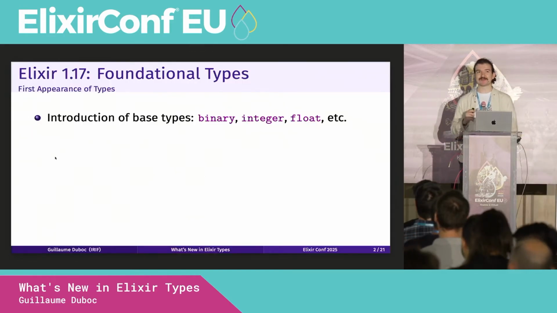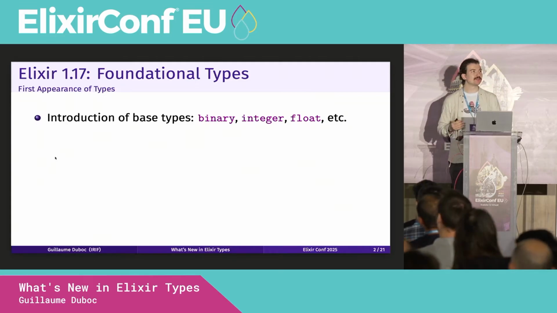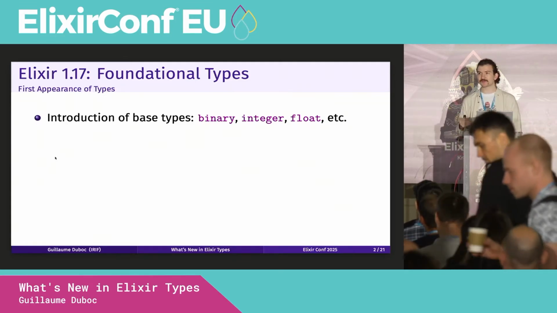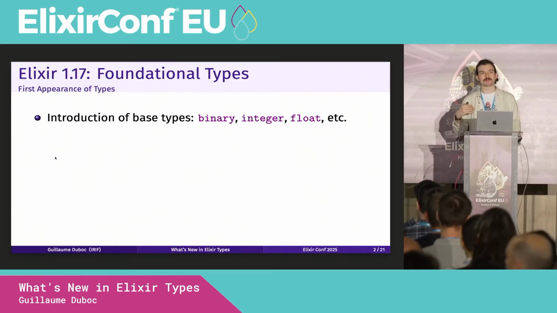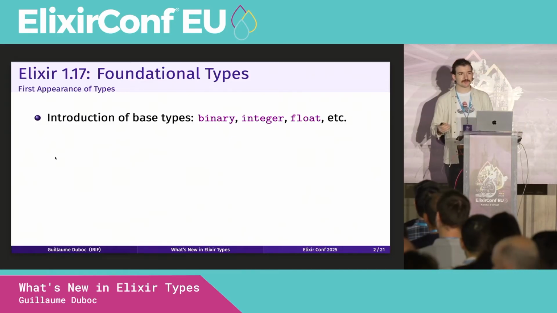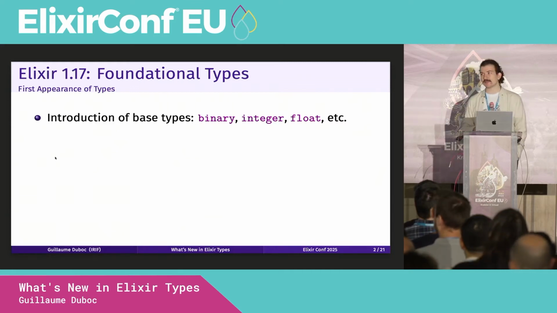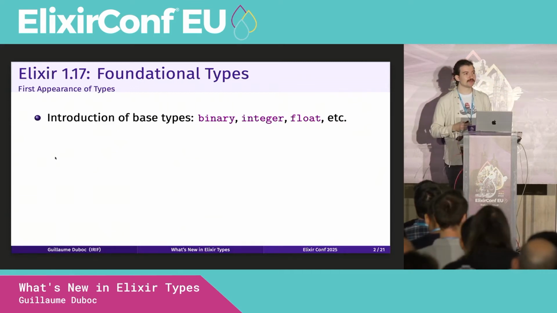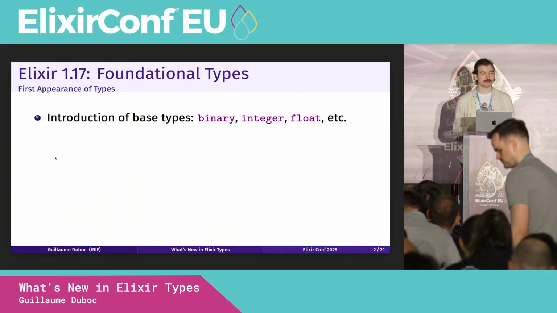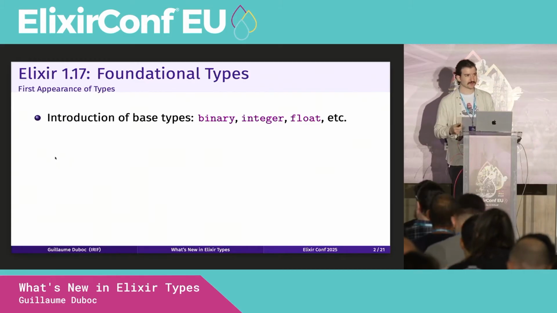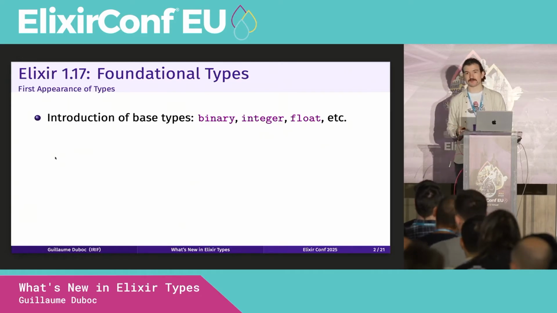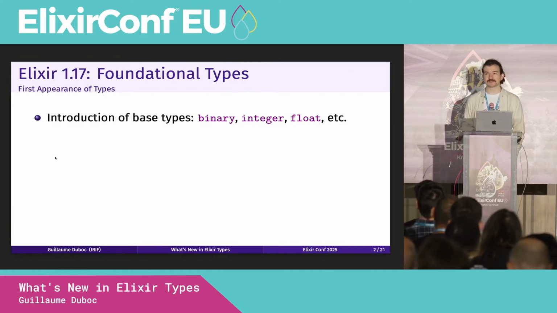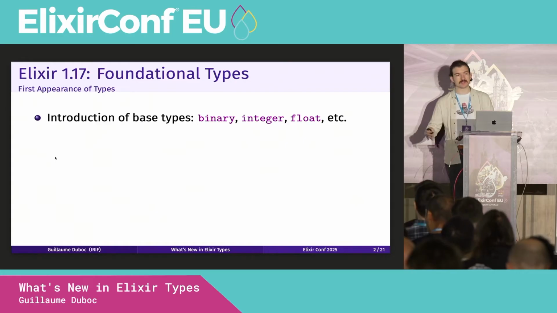So in this talk I want to show you how it works under the hood, what kind of problems we're solving in order to bring types to Elixir. And I'll start with a review of what we've done so far. Last week we introduced types into Elixir on the release 1.17, and this was about giving a foundation for